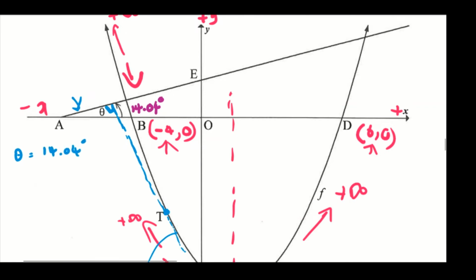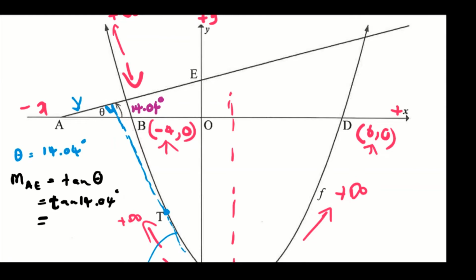So to find the gradient of AE, we know very well that the gradient is equal to tan of theta, and theta in this case is 14.04. So you punch your calculator, you say tan of 14.04 degrees. Don't need to put degrees, just write tan of 14.04, and then you should get a value of